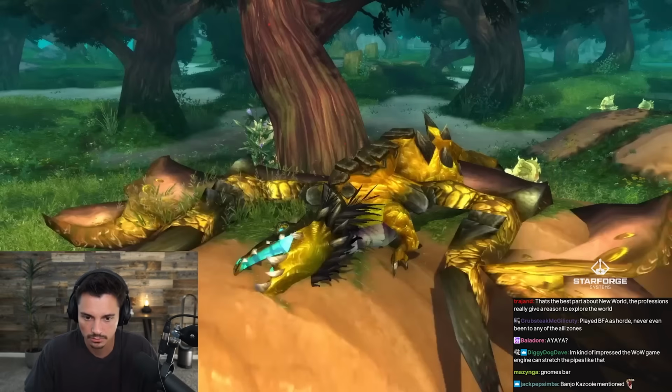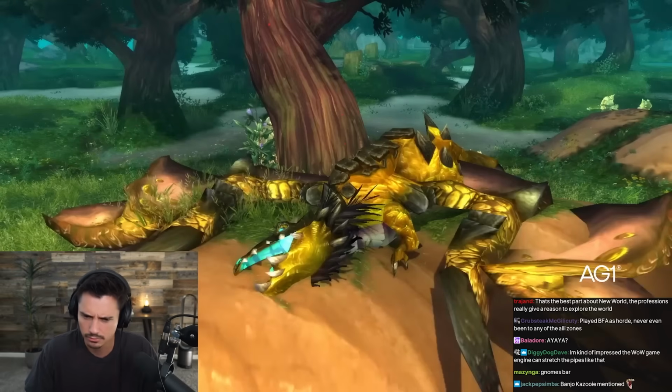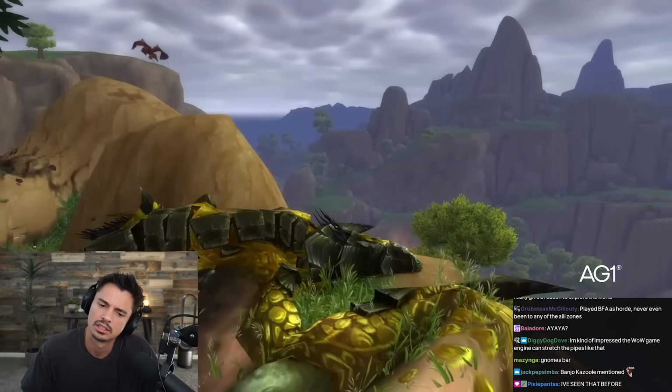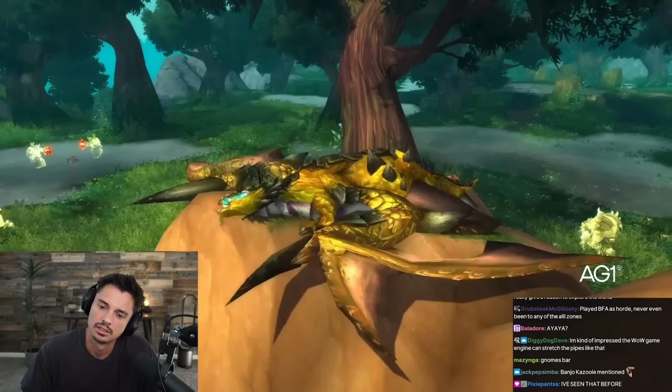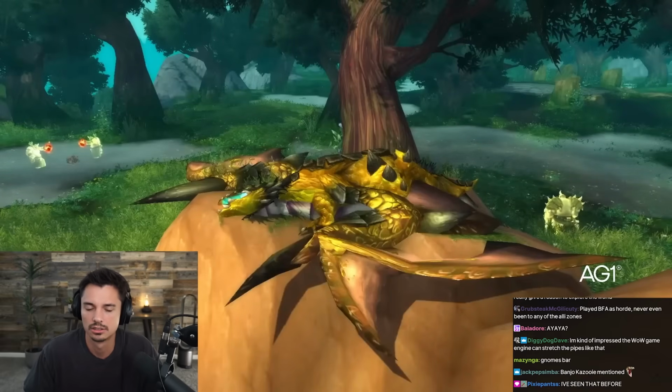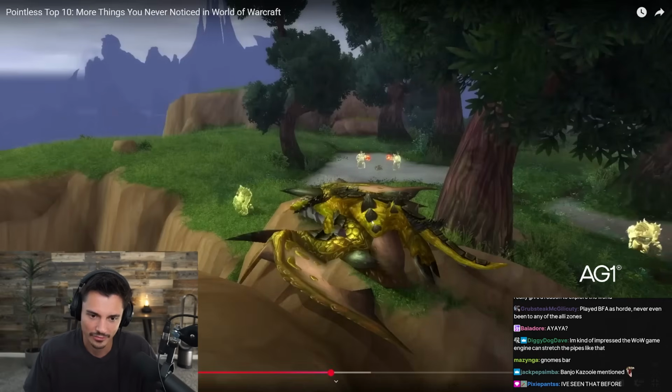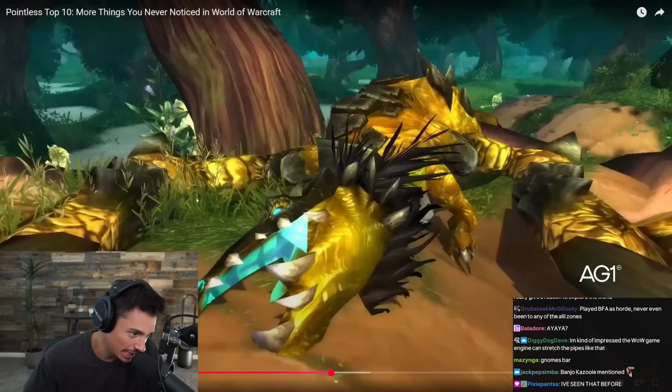Number 5 is a dead, time-lost proto-drake that's located up in the mountains of Draenor Nagrand. And this is one of those things that I think I ran into back in actual Draenor when I played it like a decade ago and then forgot it existed entirely, but it's weird that there's this random